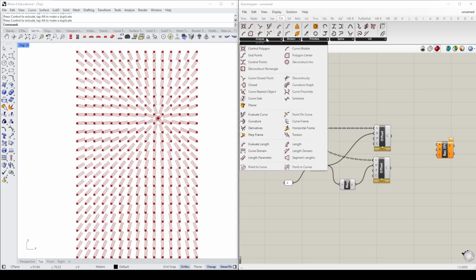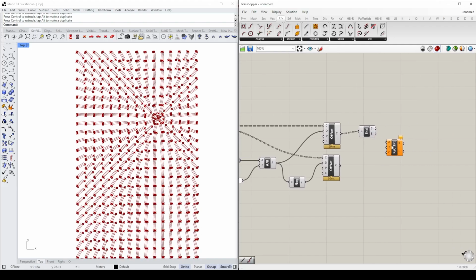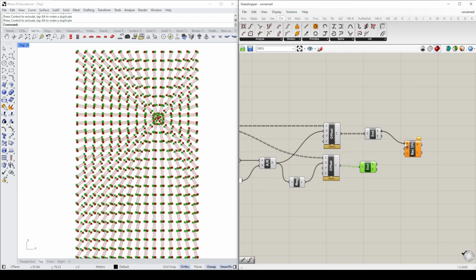So curve, analysis, endpoints. And this will give me the start and the finish of each one of those offset curves. I'm going to copy this, Control-C, Control-V. And you just need to use 3 of the 4 points which have been output. It doesn't matter exactly which of the 3 of the 4 you use, just 3 of the 4 will give